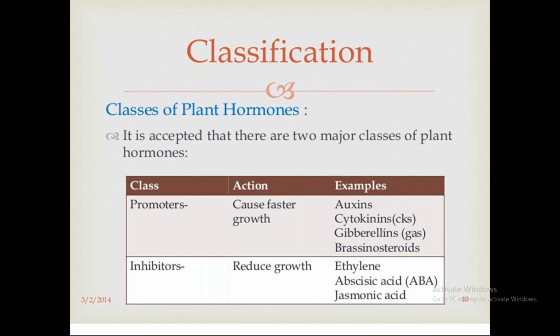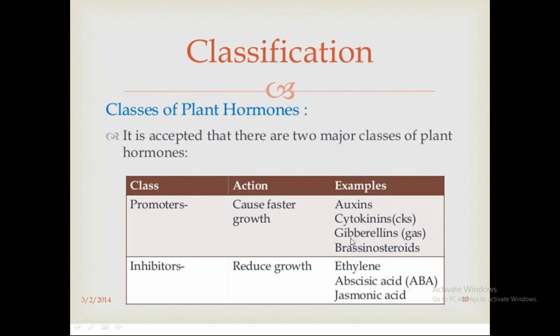Promoters increase the growth and help the plant grow faster. Promoters are auxin, cytokinin, gibberellin, and the steroids. All of these are promoters. Inhibitors reduce the growth. Inhibitors are ethylene, abscisic acid and jasmonic acid. So today we are going to discuss one hormone, that is the gibberellin hormone, the basics